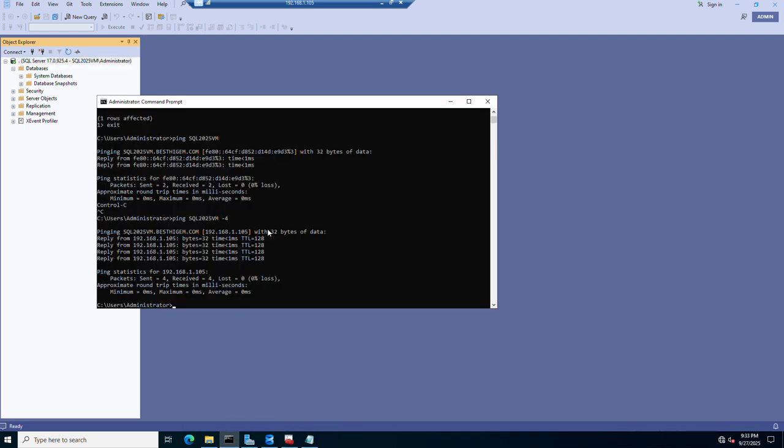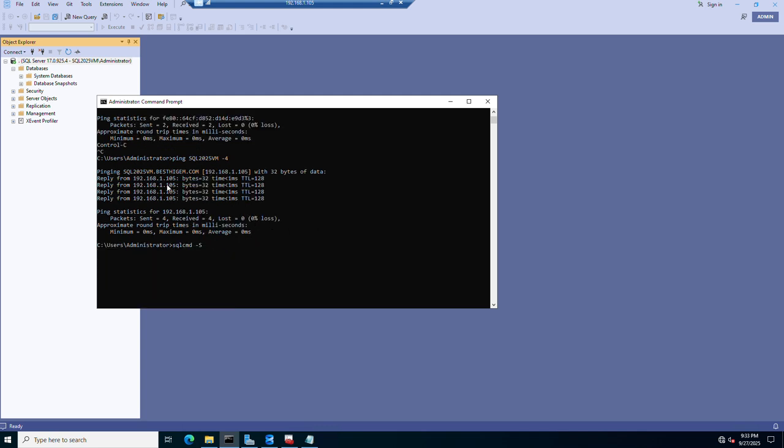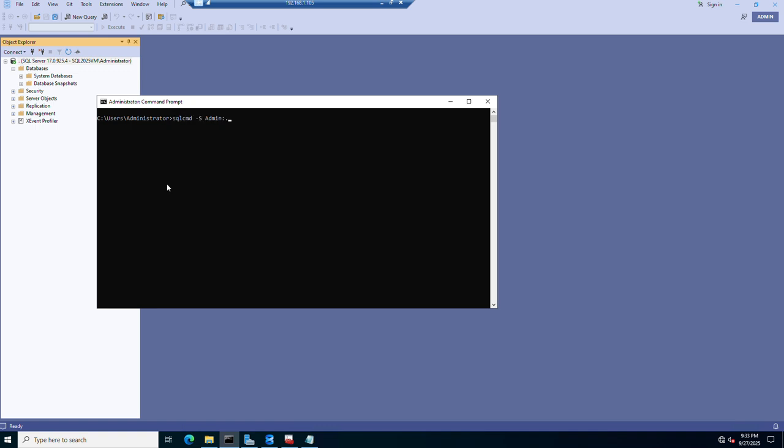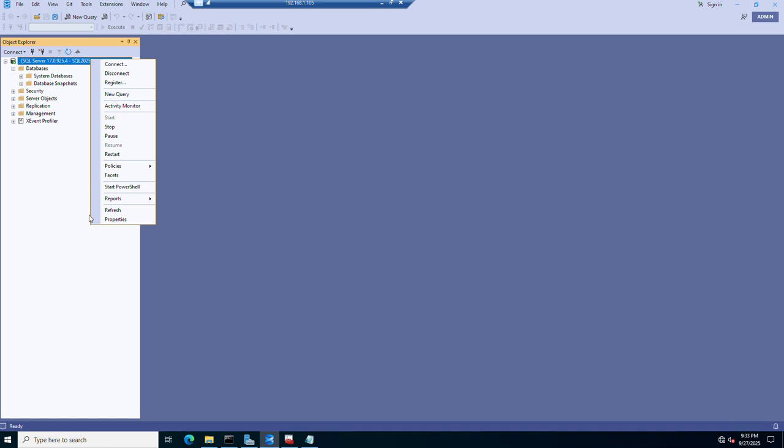Now if I come to the command line to do the same thing, all I need to do is sqlcmd, dash S for the instance that I'm connecting to, and use the same method of connection. So if I clear everything on my screen and then try to do that, what's going to happen is that I am not going to be able to connect. The only reason I'm not able to connect is because I am already connected using SQL Server Management Studio. But if I disconnect here,